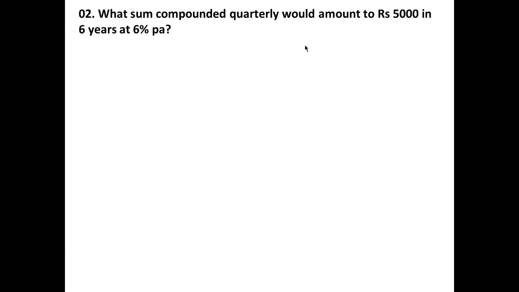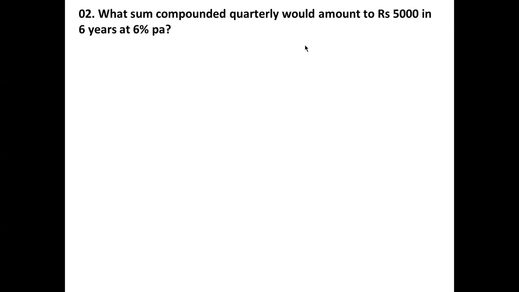And the rate of interest is 6% per annum. 6% per annum is the nominal rate. The quarterly rate is to be calculated on the basis of the nominal rate divided by the number of quarters in a year. Therefore, there are 4 quarters in a year. On the basis of the number of quarters, you convert the n value and rate of interest.